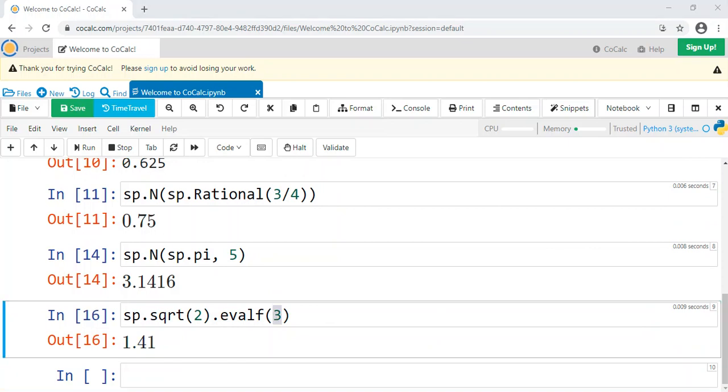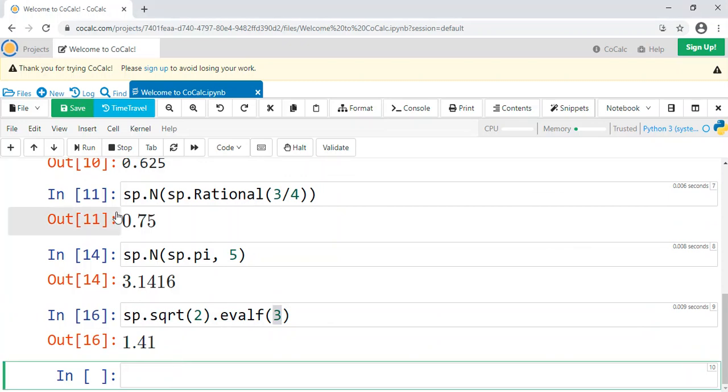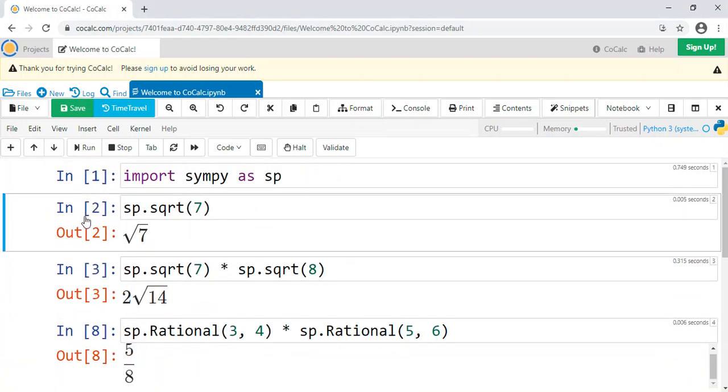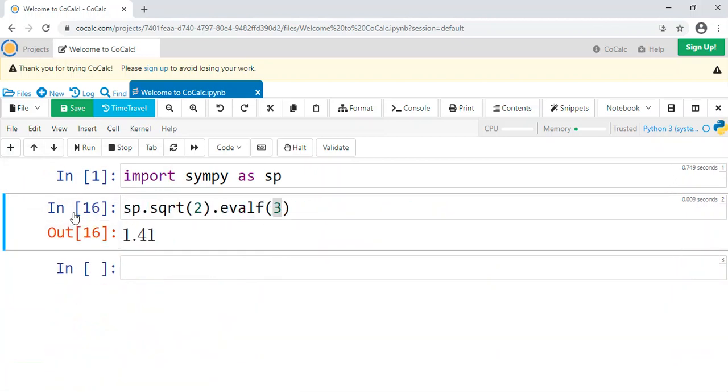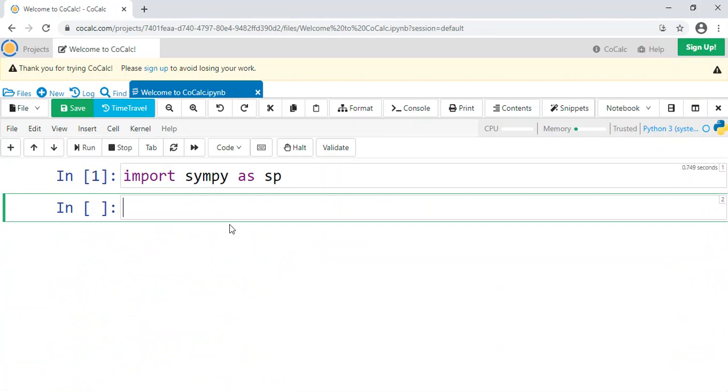Let's do one more example and just throw in everything that we've learned so far. Let me clear out some of this junk. I'm just clicking the cell and hitting DD to delete, just so we have more space.